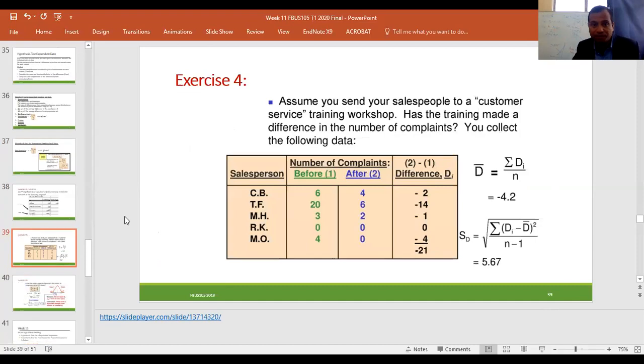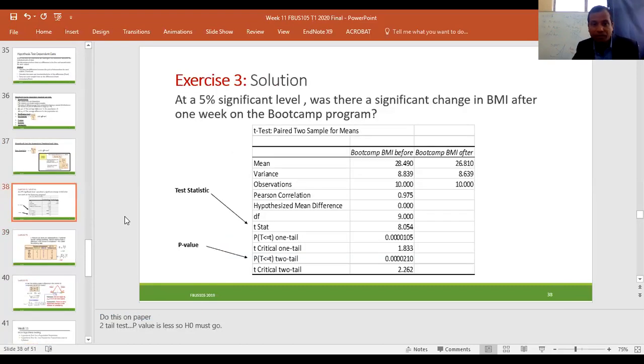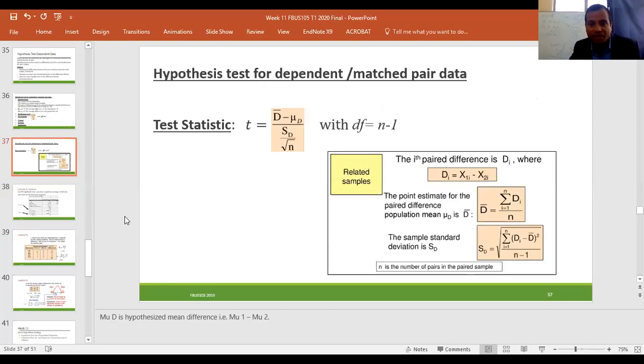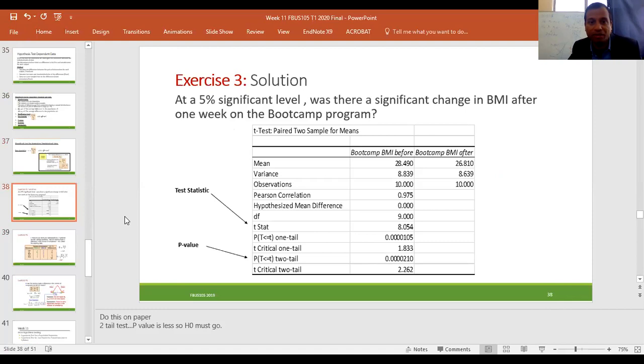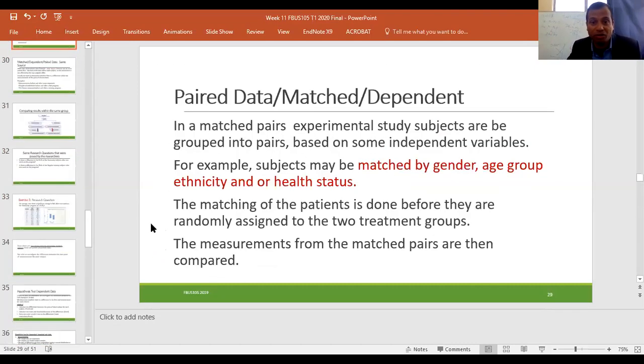Let's take one example. Okay, let's take the same example. What is the question here? We'll do the same. Try to understand the question. We'll do it manually and with the Excel sheet both. At 5% significance level, was there a significant change in BMI after 1 week of the boot camp initiative? So we have to consider boot camp only, the respondents from boot camp, and we have to see before and after. So if you go back to the original data,